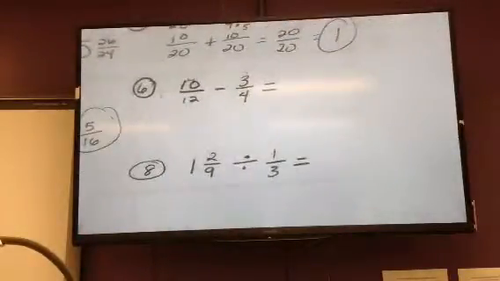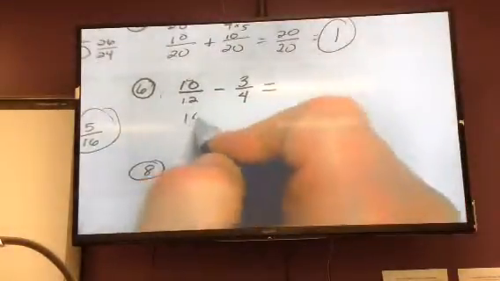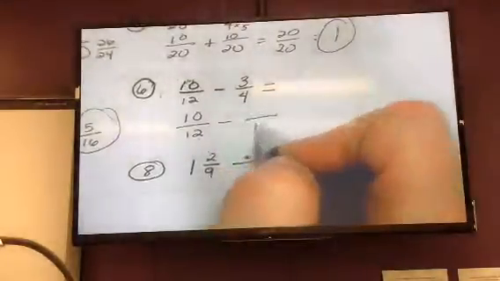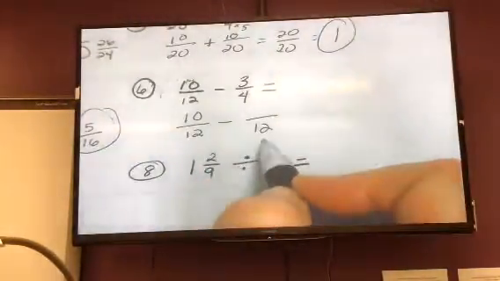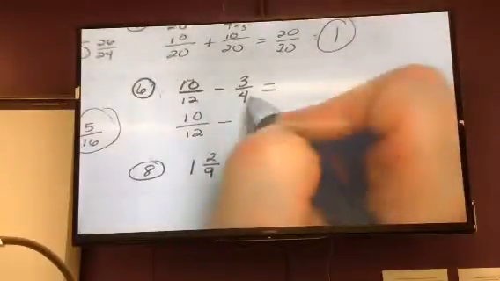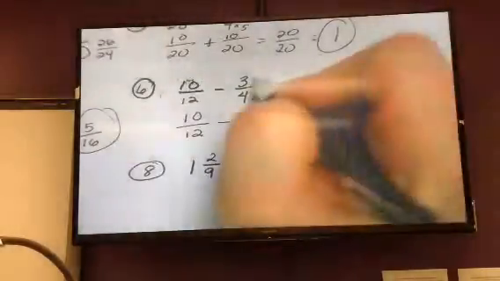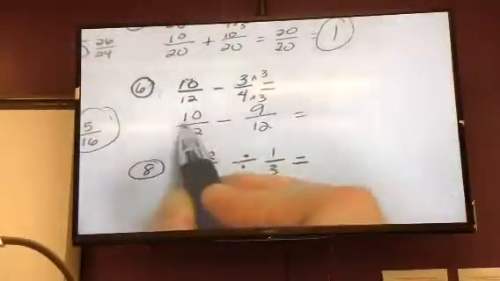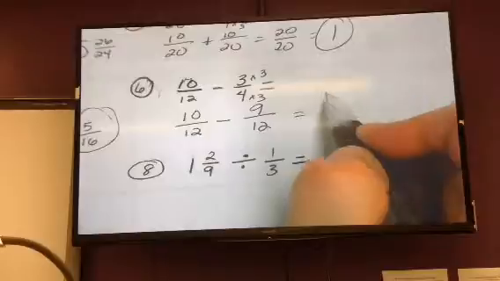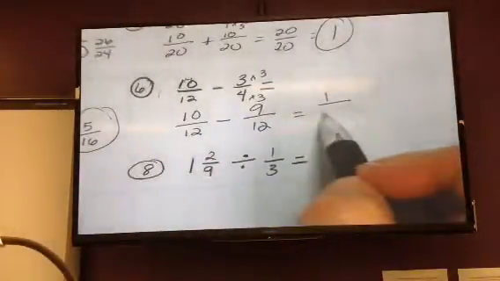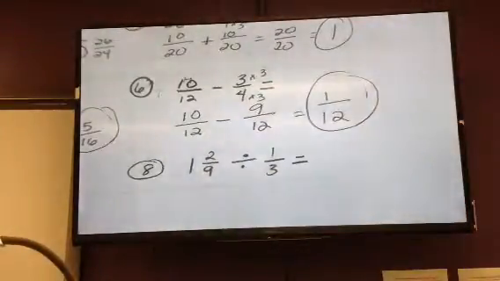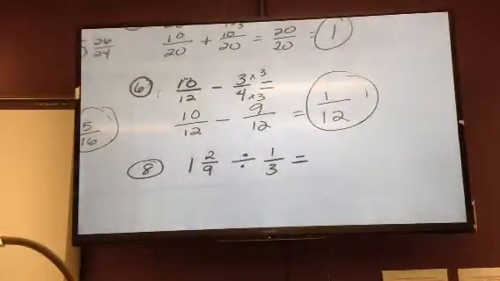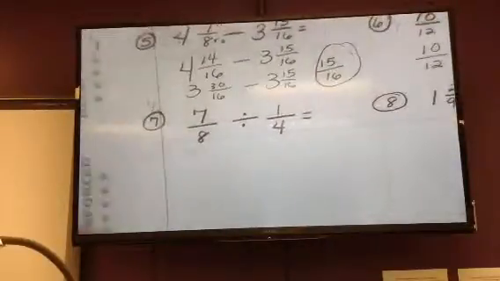Number 6. 10/12 minus 3/4. Turn and tell the person you're sitting by what's the common denominator. 12. Thank you very much. What do I have to do to 4 to get 12? I cut each of those into 3 pieces, so I multiply by 3. I have to do the same to the other pieces that were in the pie. So 3 times 3 is 9. What is 10 minus 9? 1. 10 pieces minus 9 pieces. How many pieces were in a whole? 12. My answer is 1/12. Number 7. 7/8 divided by